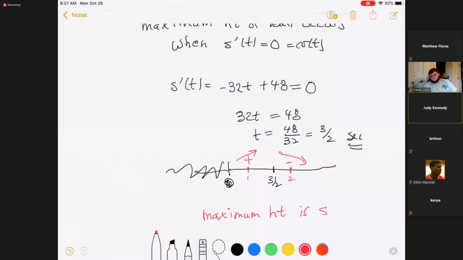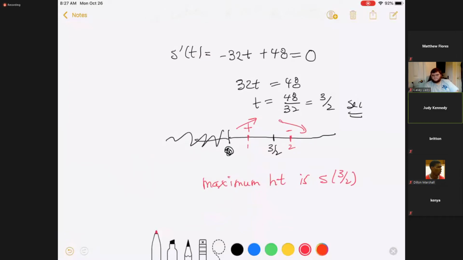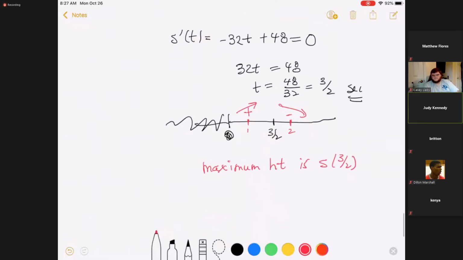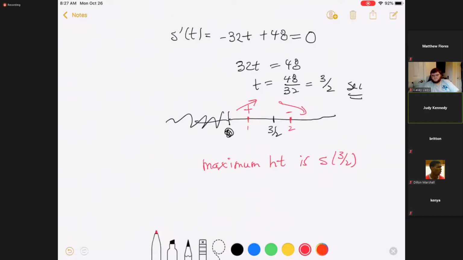is S of 3/2 because that's a local maximum. Okay, ball comes up, ball goes down. Local max. That also makes sense just from the problem. All right, so